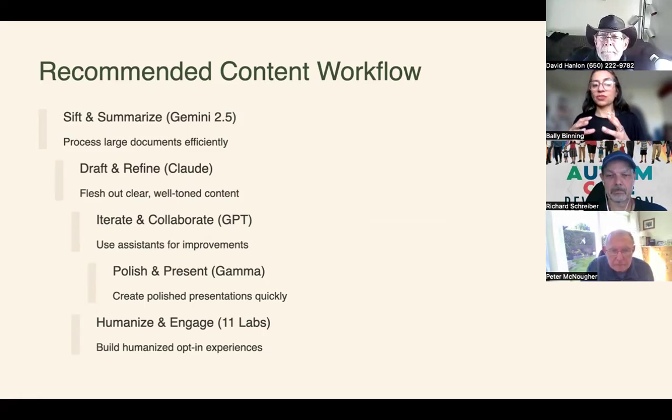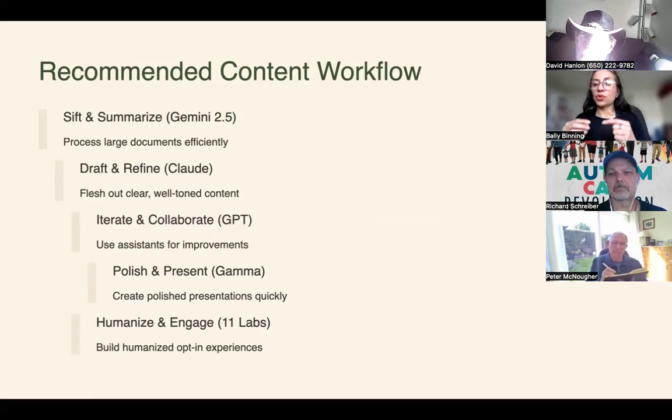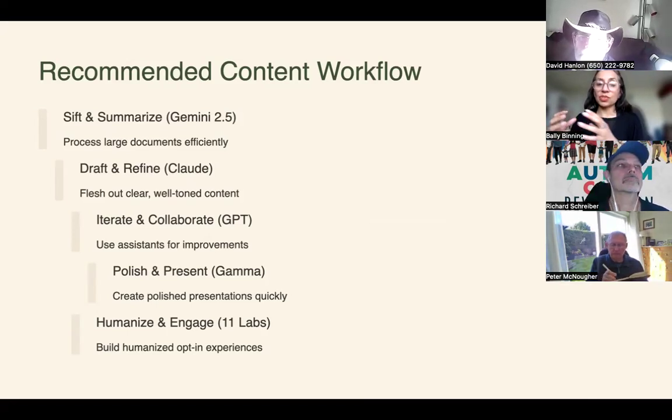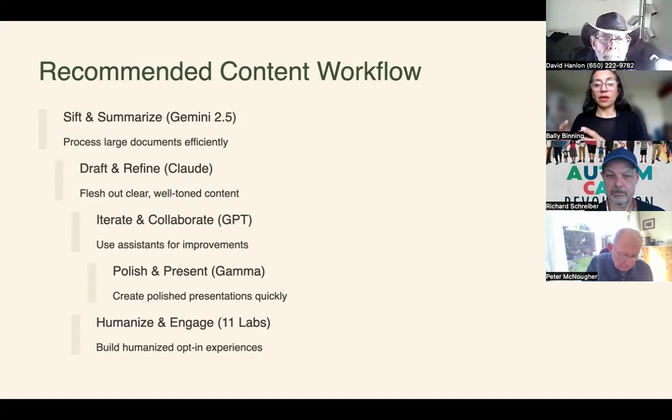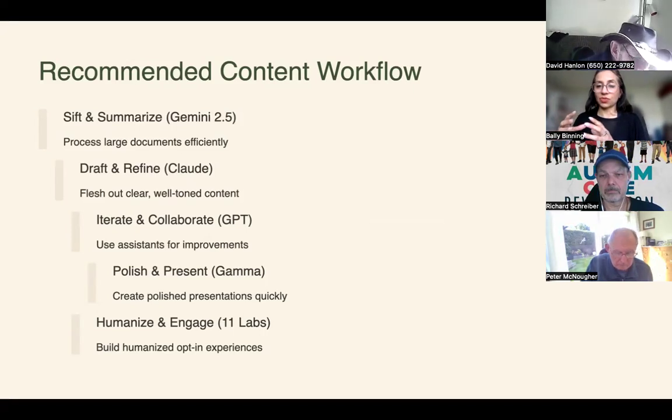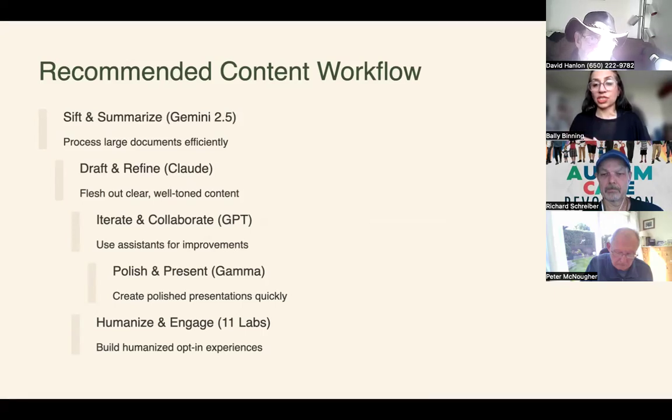And GPT is an iterative collaborator, right? A lot of people here have their own GPTs. This is where I find the power in the GPT environment: having GPTs created, because you're able to evoke the GPT in the conversation. I'm sure this is what Richard or perhaps David will have created, your own bespoke GPTs, perhaps for writing. I've got a couple, like I said, I'll share with you. You can test them out, and maybe even Richard's including something.